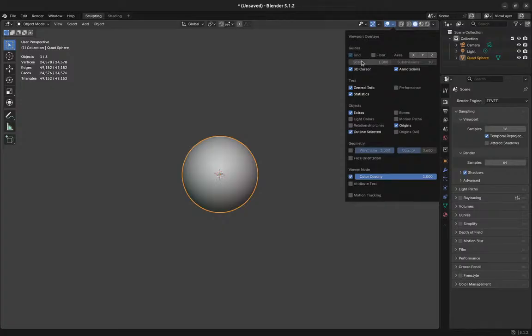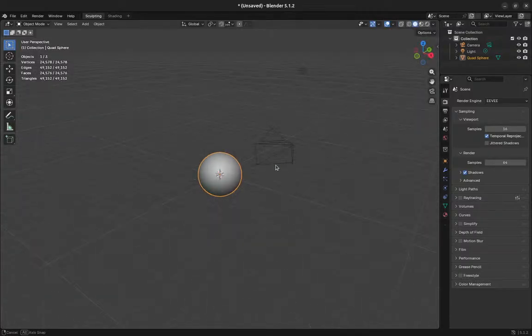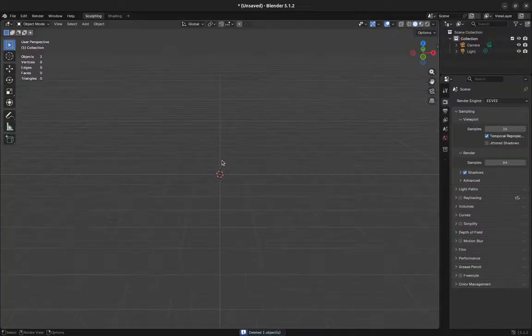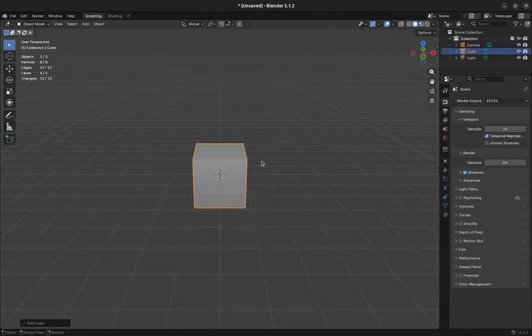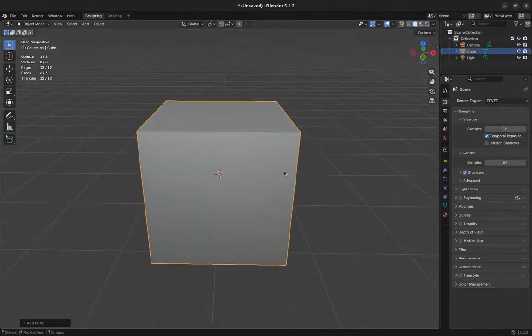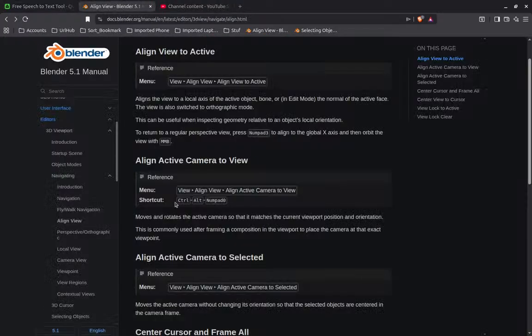Grid. Ah, yes. Yeah, I'm going to start off with a cube. Let me see. Shift A, cube. There we go. And then